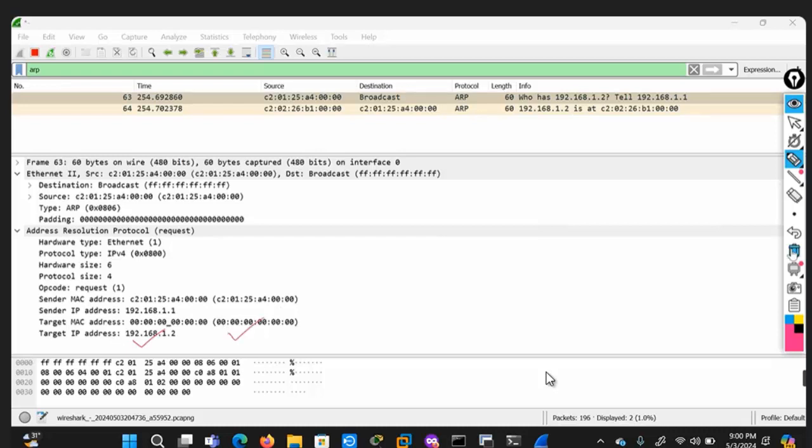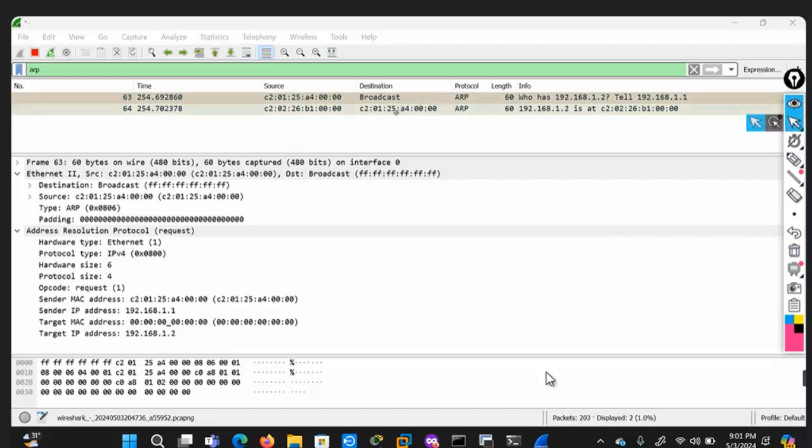We need to understand there is all FFF and there is all zeros. In this Ethernet field, the destination MAC address of all F means this is a broadcast packet, and the 000 means it is an ARP request message in which the target MAC address is to be resolved. This is the ARP request packet. This is the most important thing. If you understand this, you can understand anything.